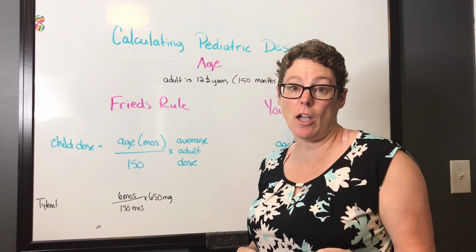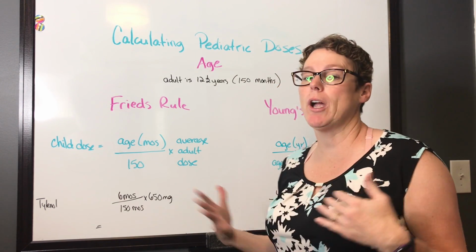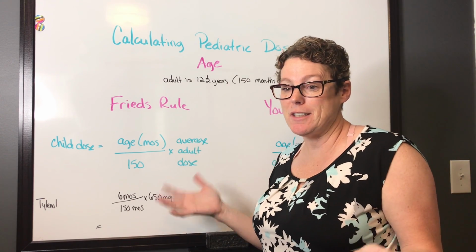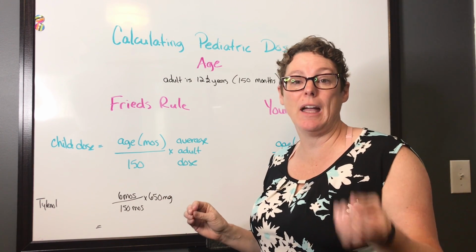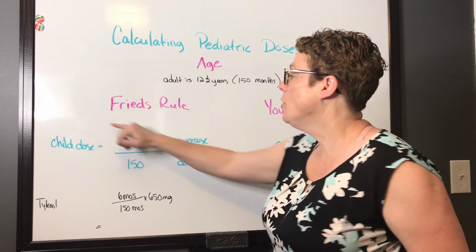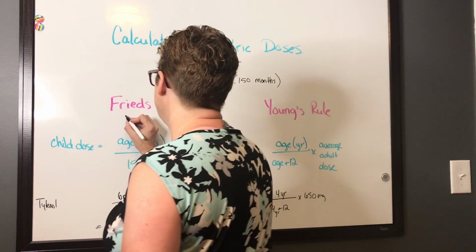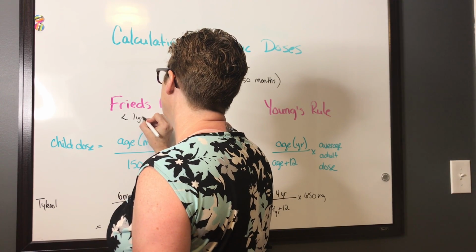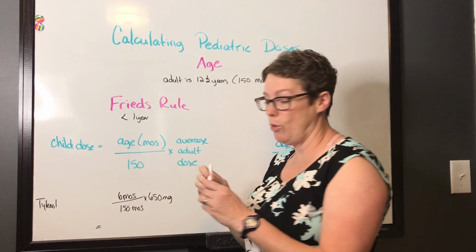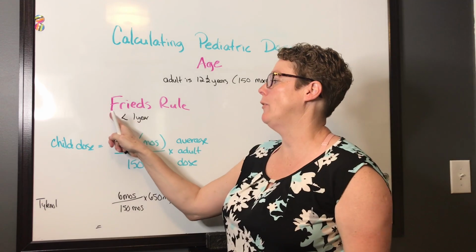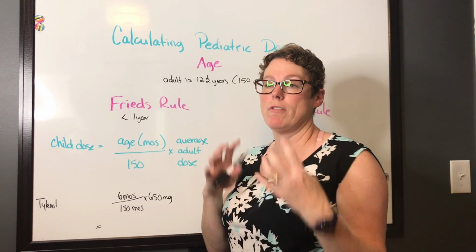It's probably the easiest calculation to do, and we don't require any tables or diagrams. So we're simply just going to take the data we have to make sure we have the right dose. We have Fry's rule first, and this is for our children less than 1 year. I should write that in here. Less than a year old. So maybe you can think of a fresh infant to help you remember that